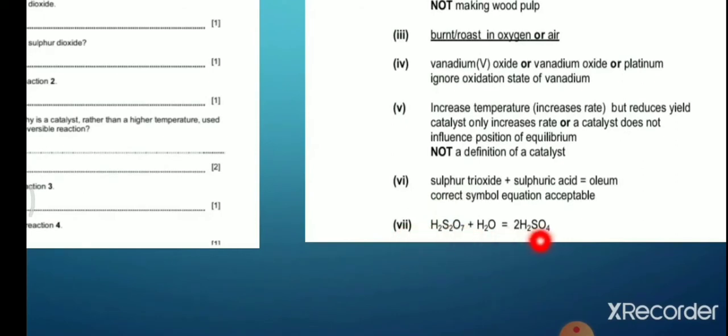After writing the equation, you have to balance it. You can see the hydrogens are 2 here and 2 here, so totally 4 hydrogens are there on the reactant side. So you have to write a coefficient 2 here. 2 twos are 4. So hydrogens are balanced, and all the rest of the elements are balanced.